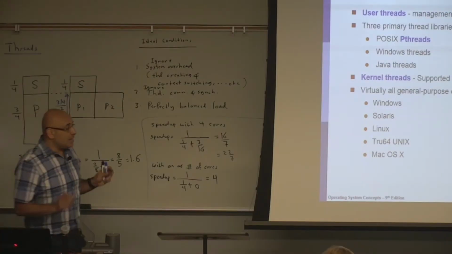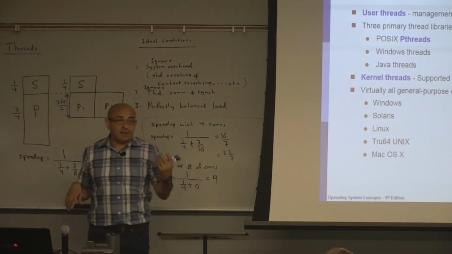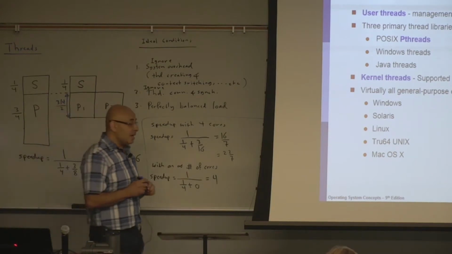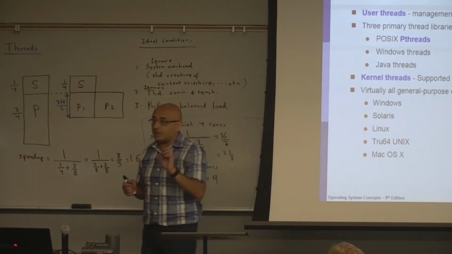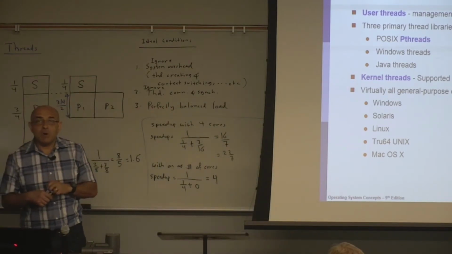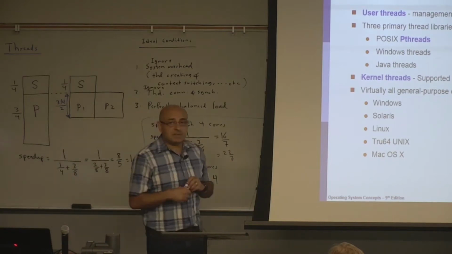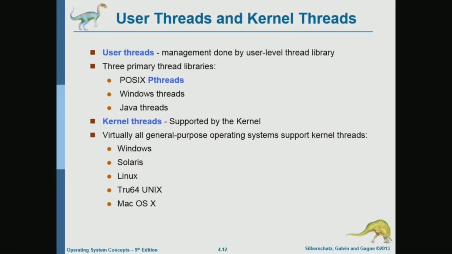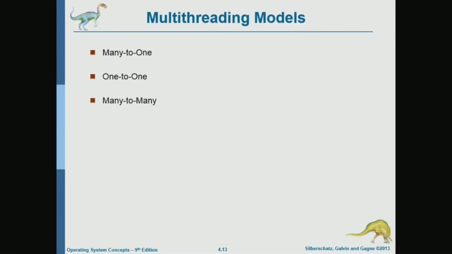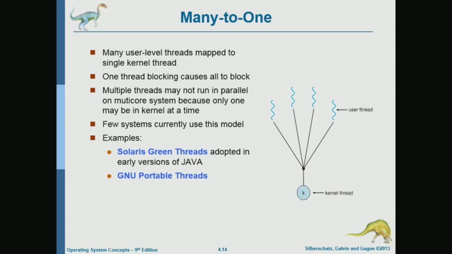Now, these thread libraries allow the user to define threads. But how do these libraries do the mapping between user-level threads and kernel-level threads? Now, most modern operating systems support threads at the kernel level. So the mapping between user-level threads and kernel threads can be done in a many-to-one, one-to-one, or many-to-many. What does this mean? Many-to-one means you map all user threads into one kernel thread, which is something that